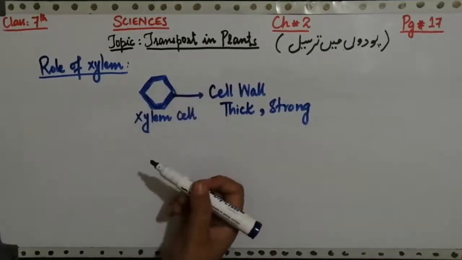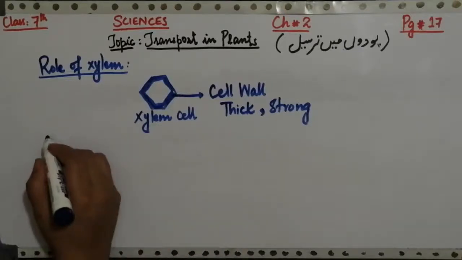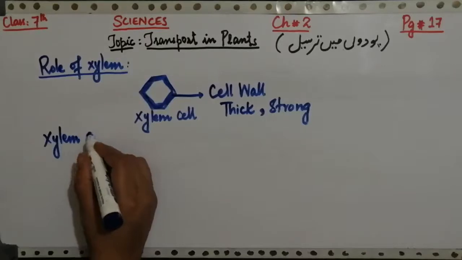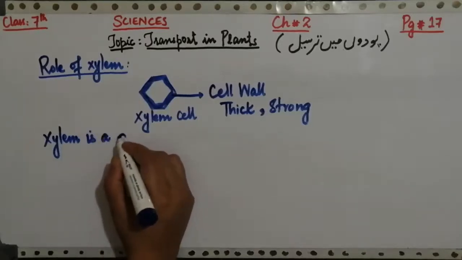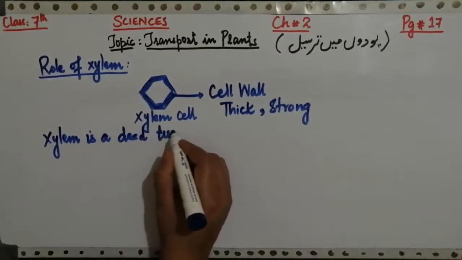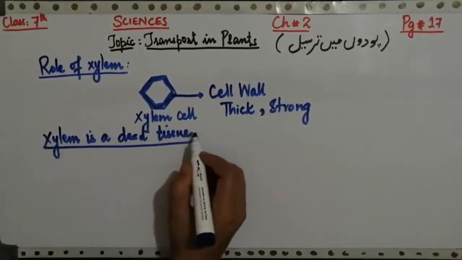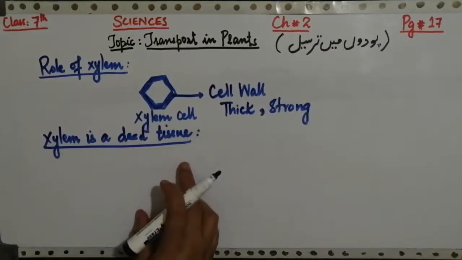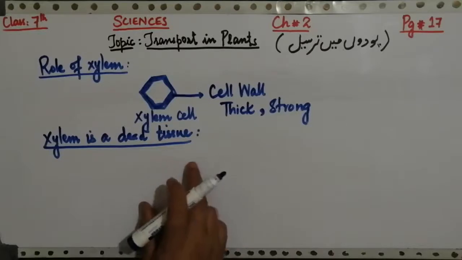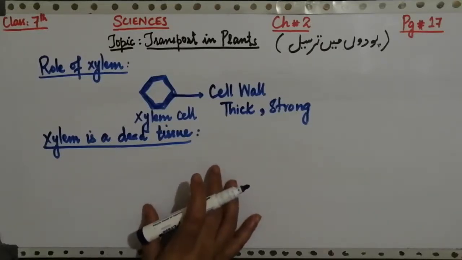Along with it, there is another very important feature related to the xylem: xylem is a dead tissue. Xylem is a dead tissue. Xylem के सेल, जैसे मैंने आपको ऊपर बताया कि xylem जो सेल्स होते हैं ये डेड टिश्यूज़ बनाते हैं, ये ज़िंदा नहीं होते। xylem के सेल्स लिविंग नहीं हैं।